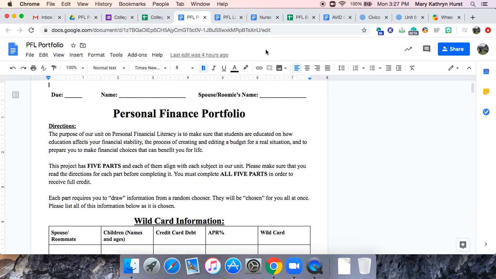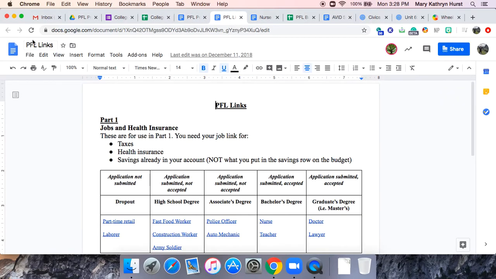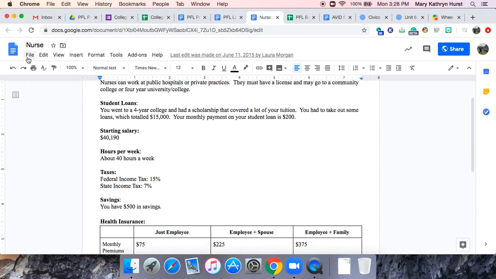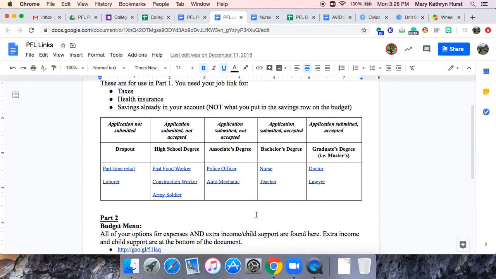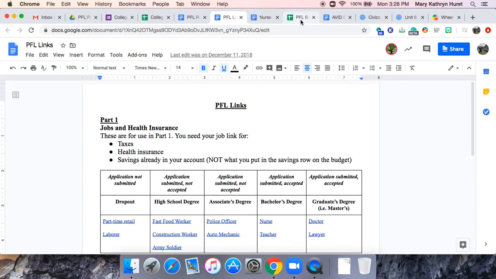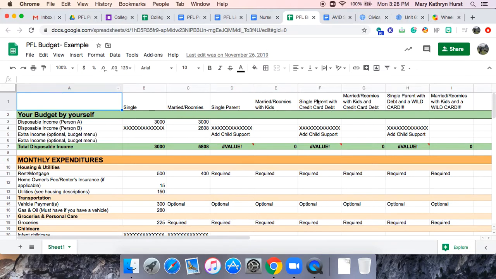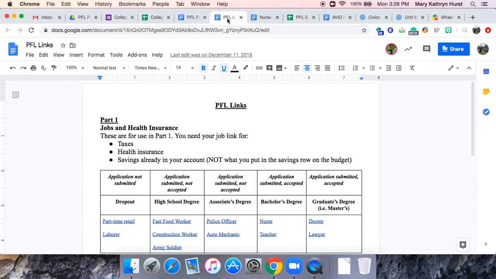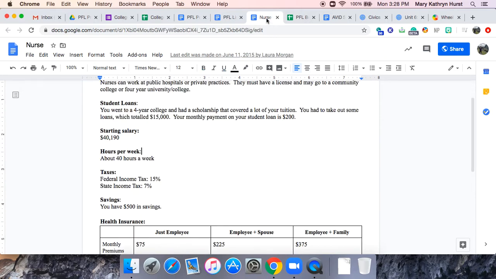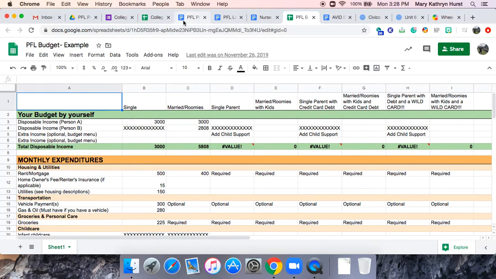So in Google Classroom, we're going to pull up the PFL portfolio. We are going to pull up our PFL links document. Whatever job you have received, that link, which comes from the links document, so down here, whatever job you are, have that tab open, and also your budget, okay? So again, I'll run through them: portfolio, links, and from the links document, your job link, and then finally your budget. So all 4 of those should be open at any point in time while you are working on this